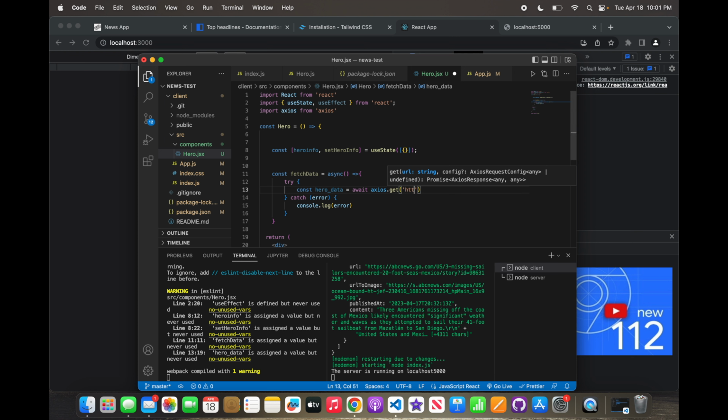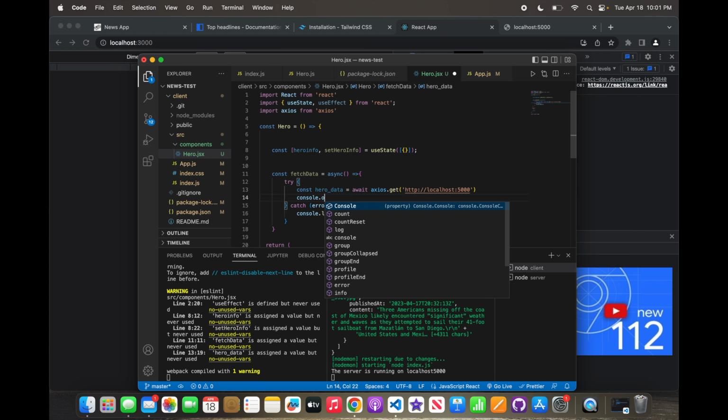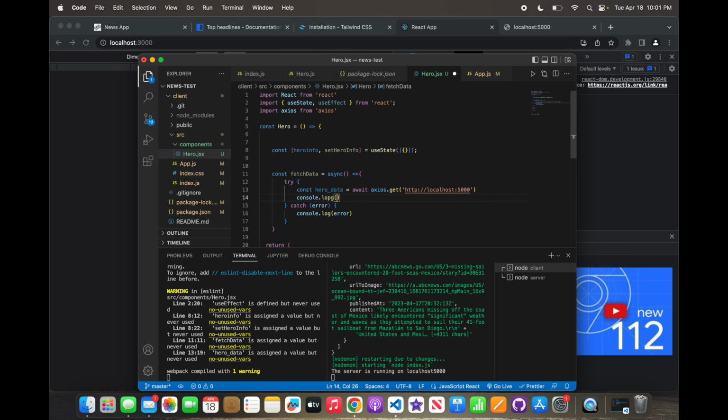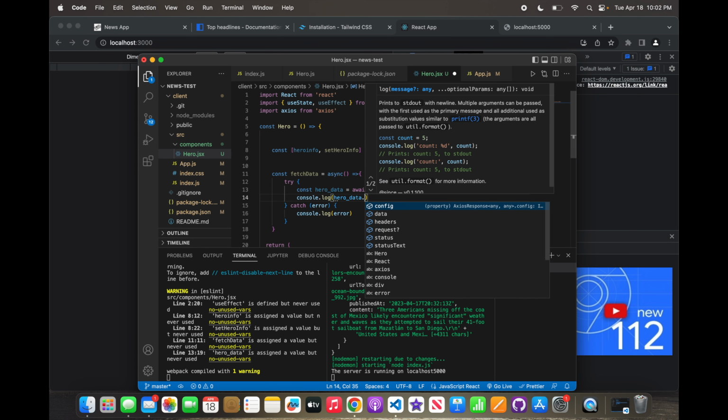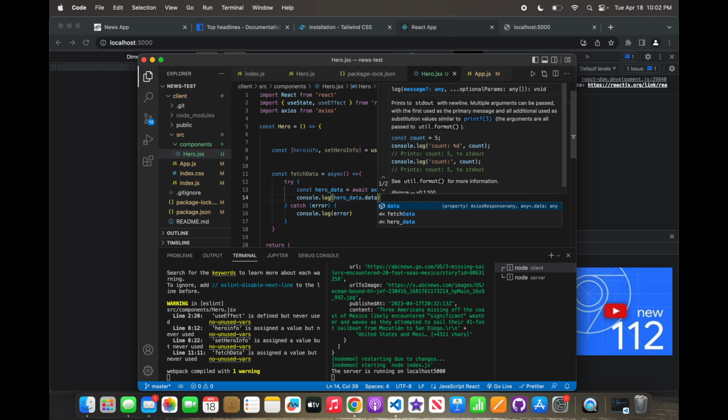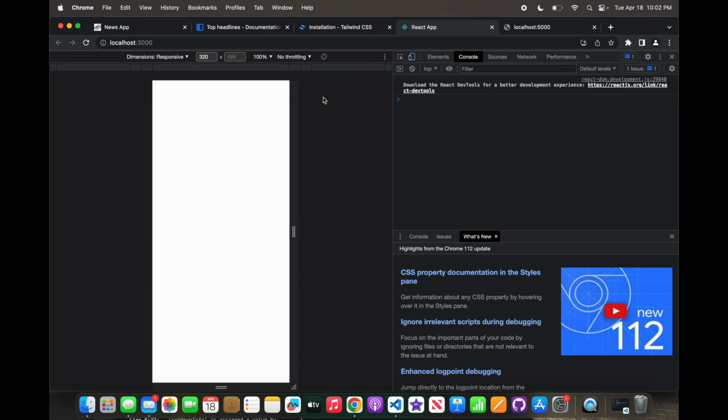So http, remember not to put an S, just http colon slash slash localhost 5000. Cool. So now if we console.log heroData.data,